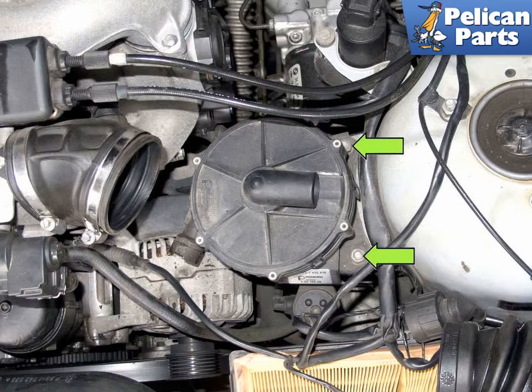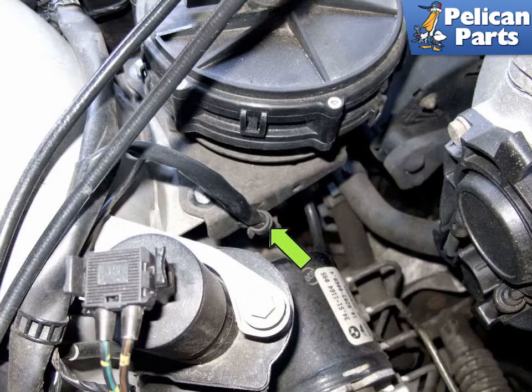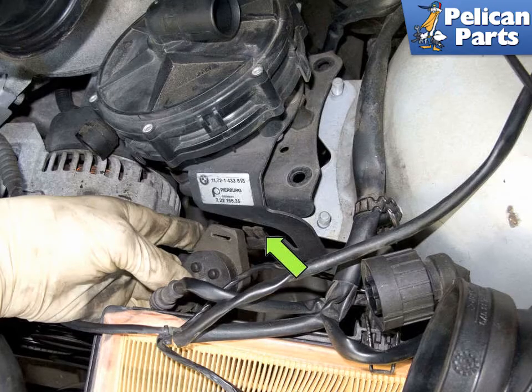Now it's time to unbolt the secondary air pump. Start by removing the 2 13mm nuts, green arrows, that secure the pump to the support bracket. Then working at the back of the pump bracket, remove the wiring harness from the mounting clip, green arrow. You will have to lift the pump up and off the bracket. You will have to push the pump forward towards the firewall to clear the plastic clip on the rear of